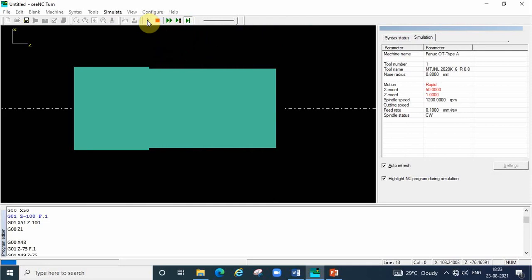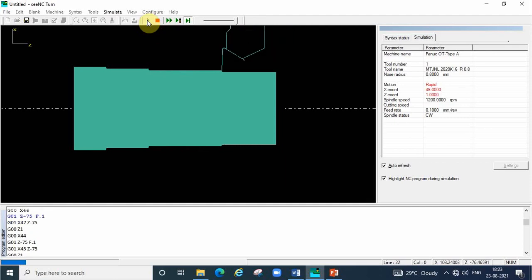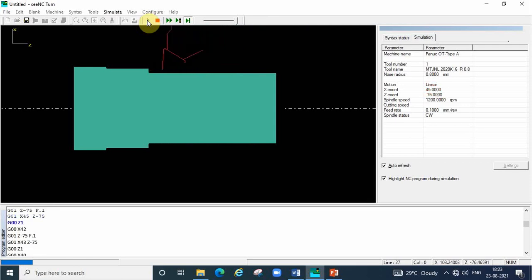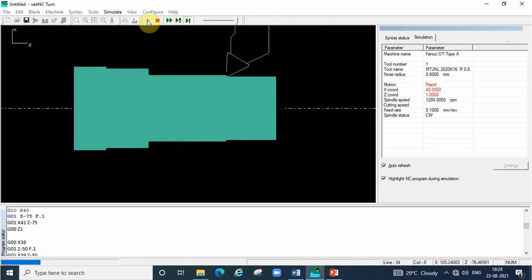In this simulation, the tool color is changing. One time it is green, one time it is red. Why it is green and red? Say whenever the material is removed, the tool is touching the material, that time the color will be green. Whenever the tool is out of workpiece, the color will be red. Already I told, depth of cut and coming back, the tool color will be red. While removing the material and the retraction, color will be green. Clear?